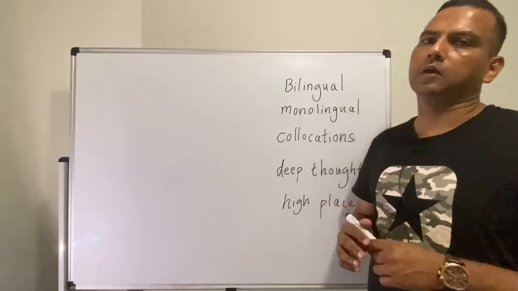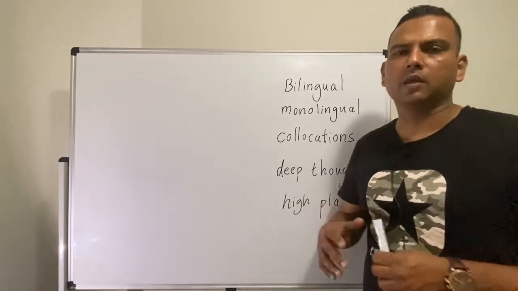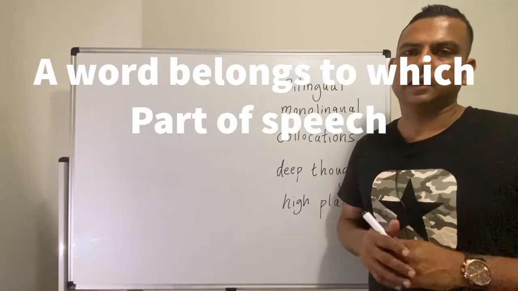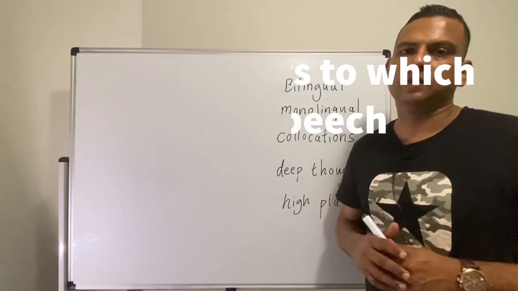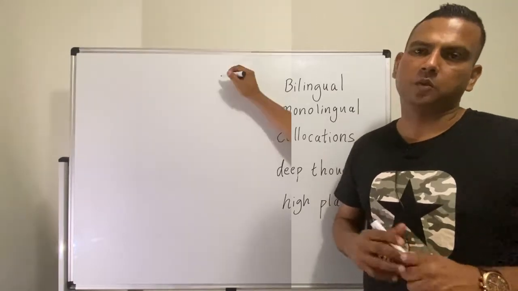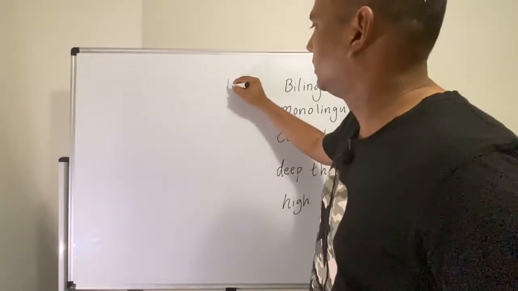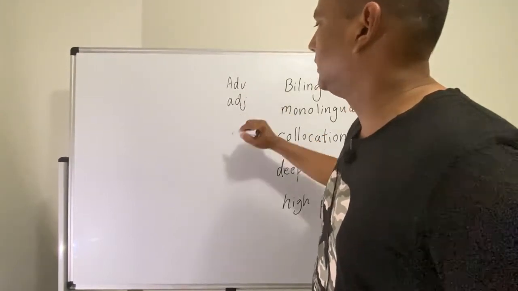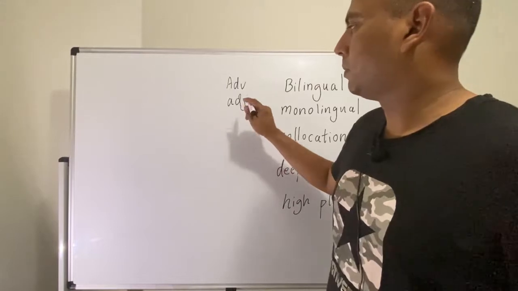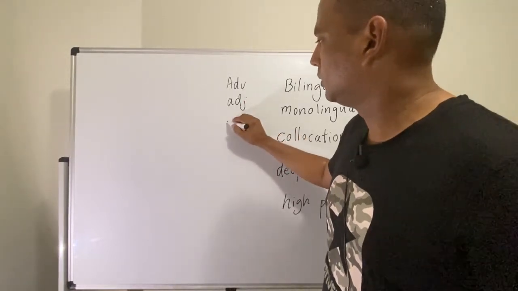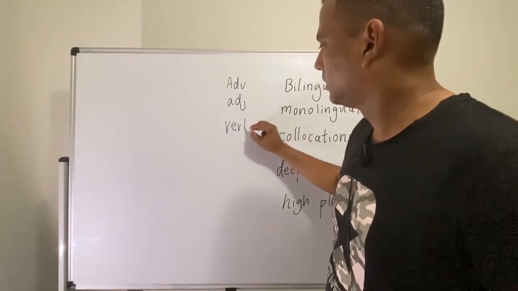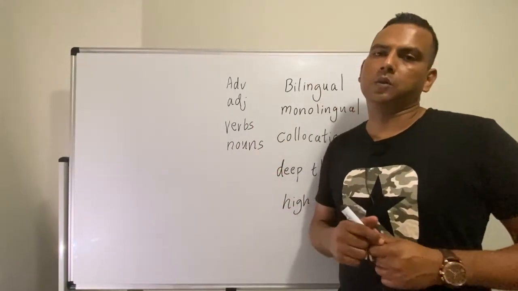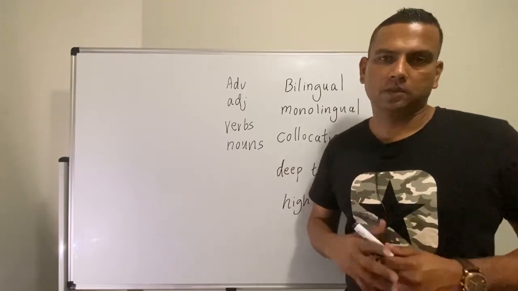So you can also find out the collocations. And also I think you probably must be knowing about the parts of speech. Okay, so in English language, every word that you use belongs to some part of speech. So adverbs, adjectives, verbs, nouns. I'm using the abbreviations. So basically a dictionary will tell you to which part of speech a word that you're